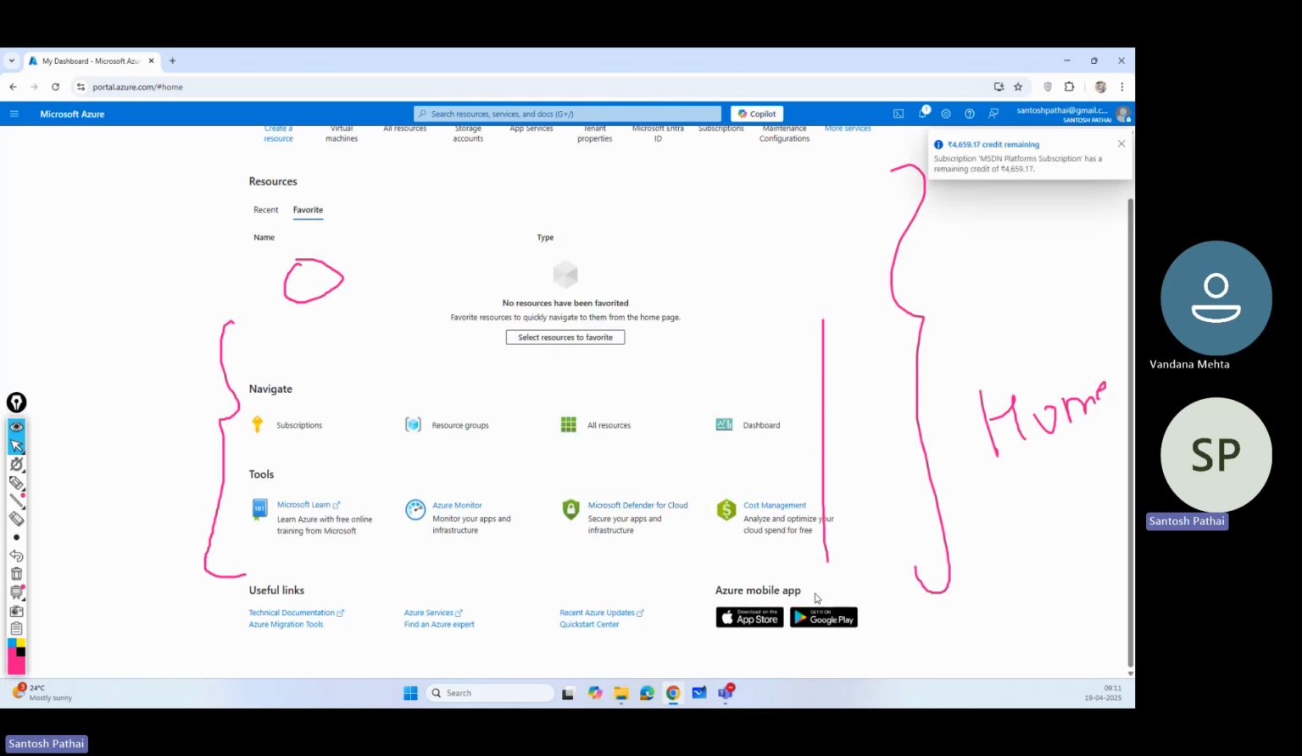And we can have the mobile apps available for the Azure portal. Now these mobile apps will have certain limitations. We would not have a full-fledged environment supported on the mobile apps. Here we have some migration tool information, Azure services, find an Azure expert, recent Azure updates, quick start center, technical documentation. So if we jump to technical documentation and Azure services,